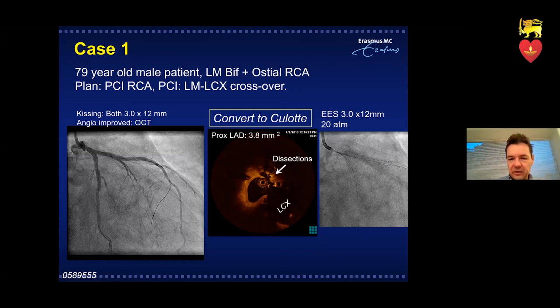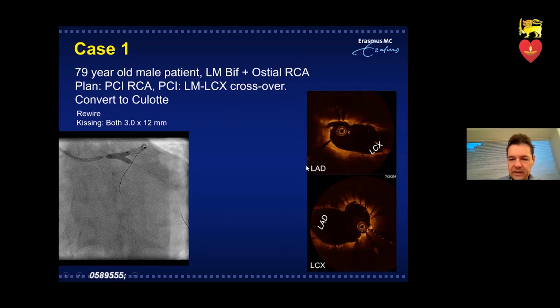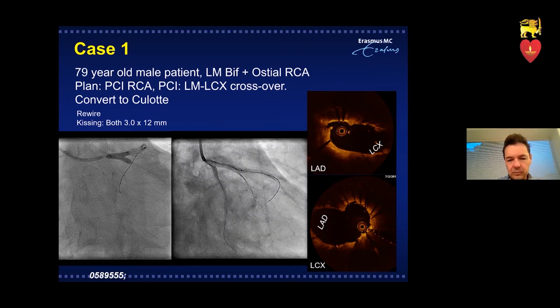The bifurcation area, you can see how wide it is. So this is if we pull back from the LAD, the OCT. You can see it is really H-shaped. Both side branches are really open, and struts of both stents are apposed. So this is how the bifurcation looked, OCT guided